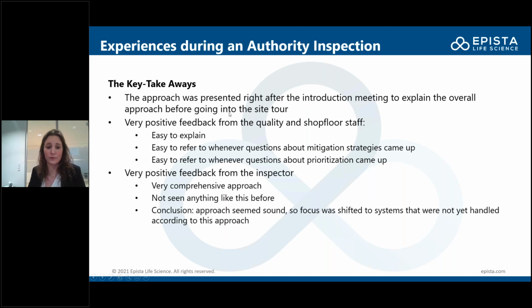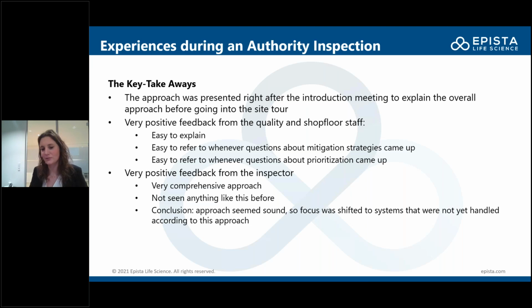Also, and probably more importantly even, we got very positive feedback from the inspector himself. He was really impressed by the comprehensive approach that we had developed and also of course then executed. He also admitted that he had never seen anything like this before, and he took some copies. He liked that approach. And overall, the approach sounded so good to him, it seemed sound,